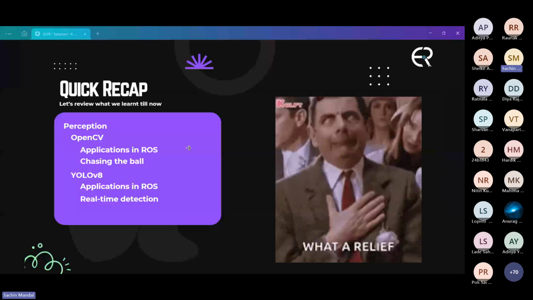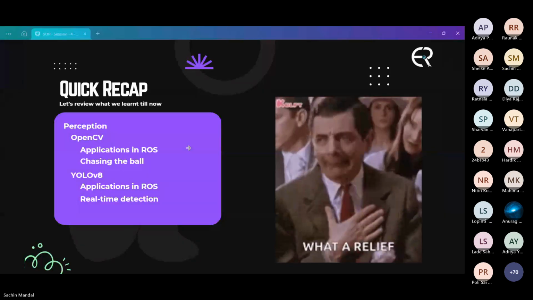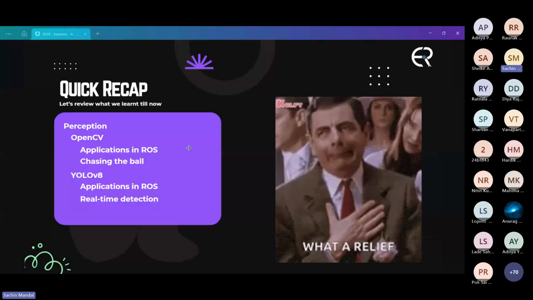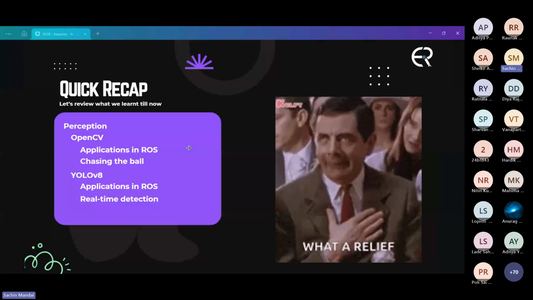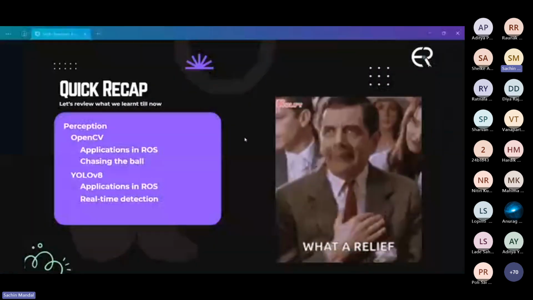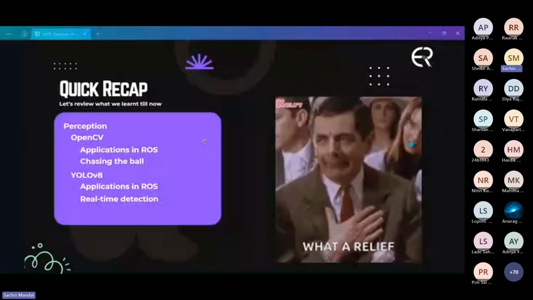So now let's quickly connect everything we have learned in this half of the session. We started with perception. We explored how a robot processes and understands visual information using OpenCV. We then brought perception into ROS by building a robot that could detect and chase a ball, creating our first perception to action system.